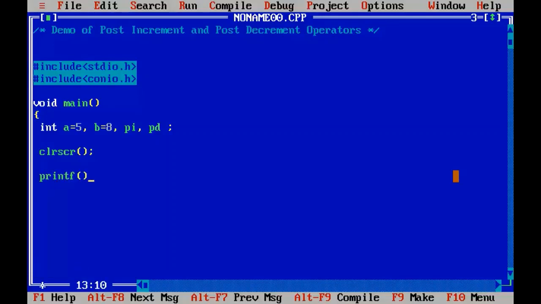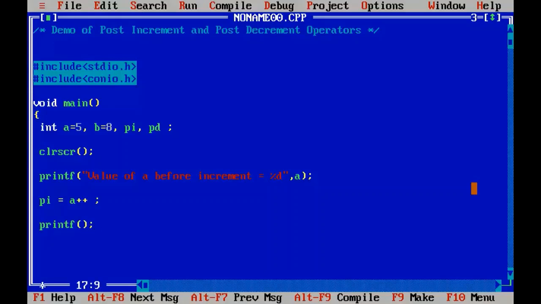Okay, so now I'll increment a, which is called as post increment. So the operator is same here. The only difference is we put the increment operator after the variable a, which means first the assignment happens. First the value of a is stored in the variable pi, then the incrementation of a happens. So now let me print the content of pi.